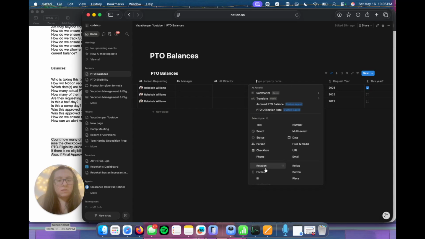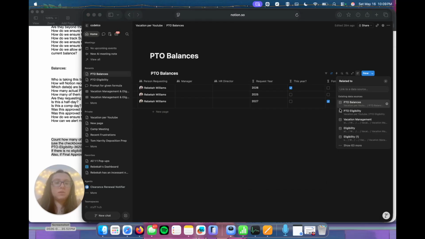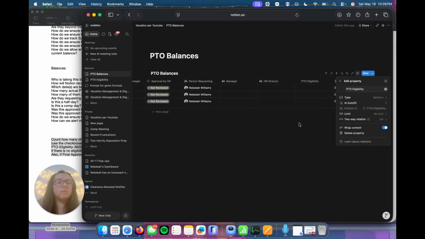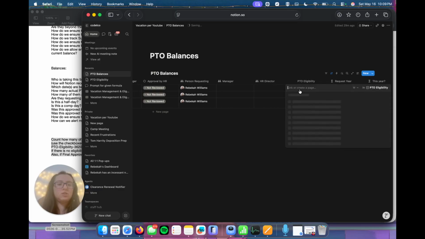And this will be a relation property. All right, so our relation is with PTO eligibility. And it is a two-way relation. And yes, the relation can just be called PTO balances from the other side. Great. We have PTO eligibility here, and each one of these requests is related to me, so it's going to